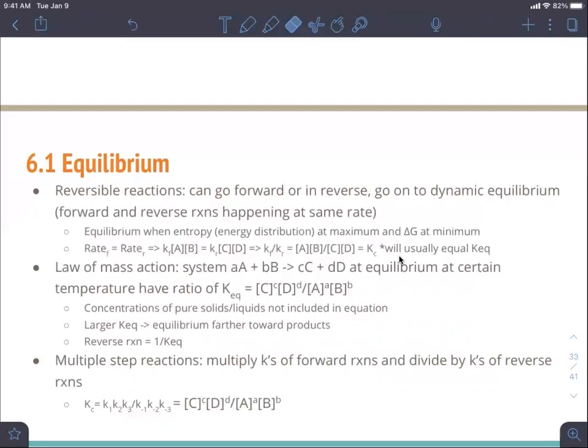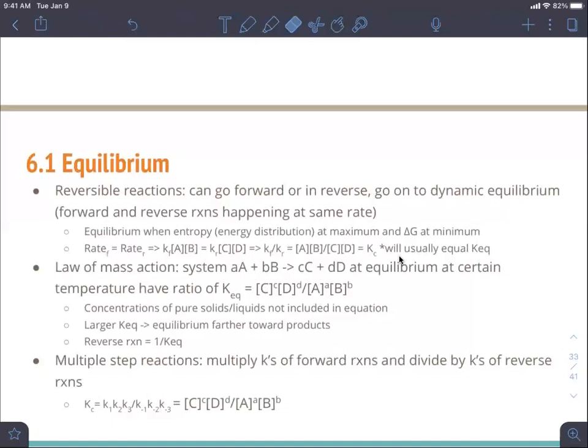And so the reactions happen not to completion, but they go on to dynamic equilibrium. Dynamic equilibrium is when forward and reverse reactions happen at the same rate. So you get the same rate of product formation and reactant formation, or product decomposition and reactant decomposition. And so